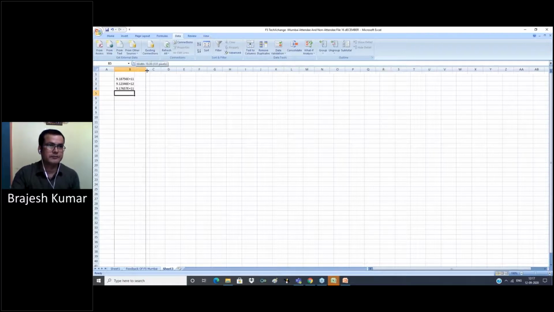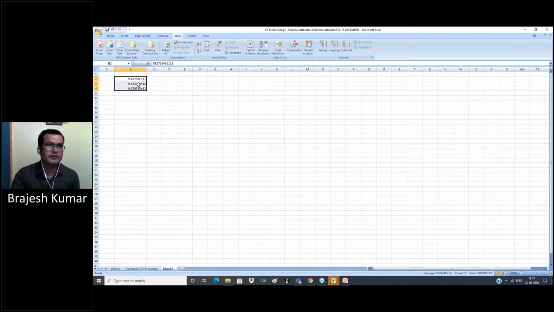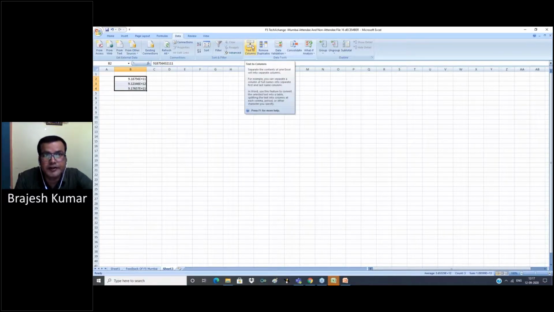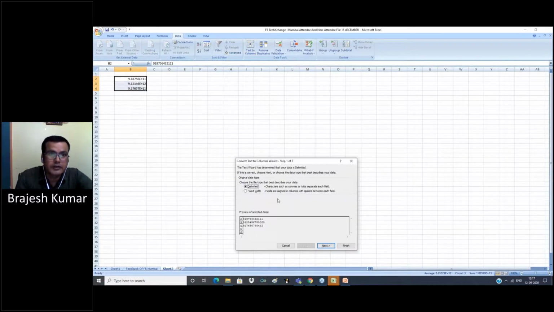Now we have the country code in the same column as the number. Now we want to separate this 91 from this number. For this we use text to column.